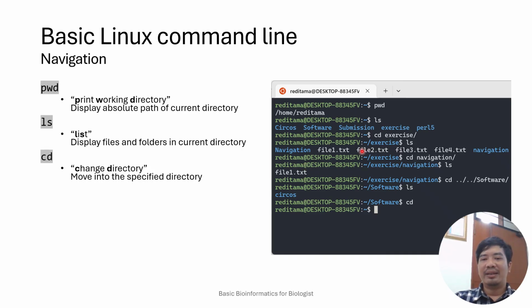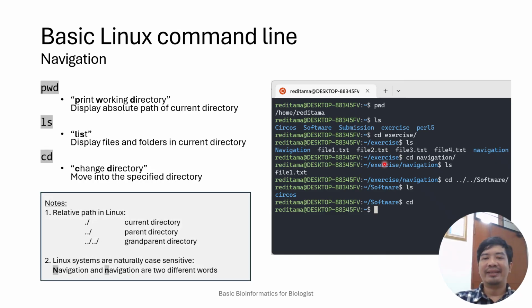Okay, and then you have moved into the exercise folder and you want to know what files and directories are in this folder, you hit ls again. Okay, and it will return the list of files and directories.